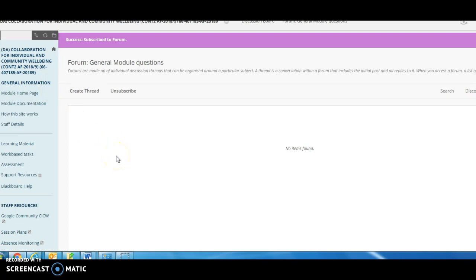And the problem I have with emails is that when I reply to an email, I'm only replying to that one person. Whereas this way, it's more of a shared learning approach, in that when I reply, everybody can see my reply and everyone can benefit from that reply. And also you can reply to each other and support each other as well. So it's not just me that can reply, it's also you that can reply as well. So I've set them all up for you, so hopefully you can start